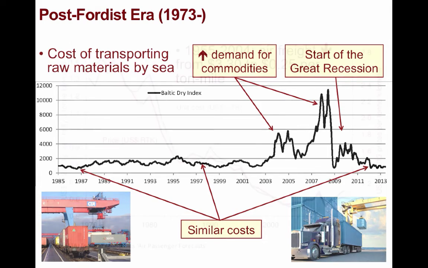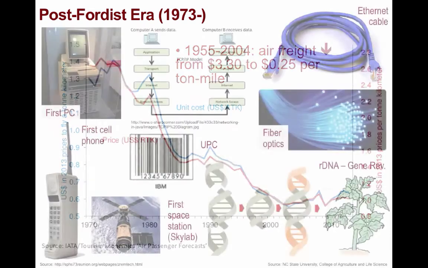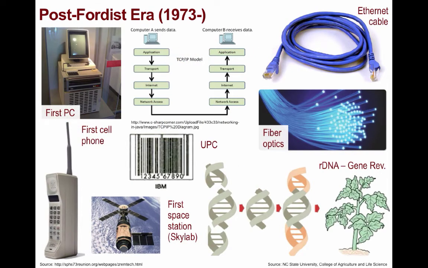With the arrival of the jet engine, air transport costs came down quickly in the post-World War II era. Between 1955 and 2004, adjusting for inflation with 2015 dollars, air freight prices fell from $3.30 per ton mile to around 25 cents. New information and communication technologies, many of which were introduced in the 1970s, as stated before, mean